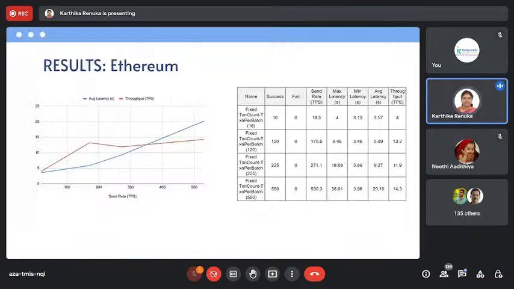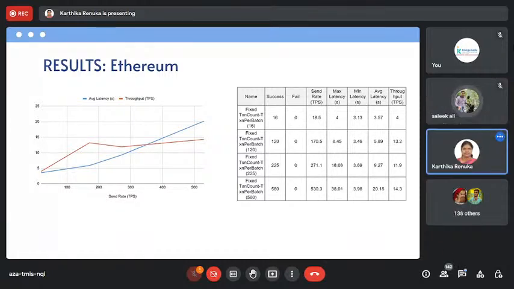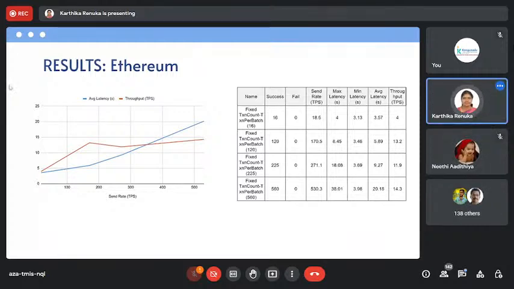Yes, and we have analyzed this with various results. We analyzed it with Ethereum and Hyperledger on implementing over the electronic health records. So we find the threshold throughput and average latency of this blockchain is much